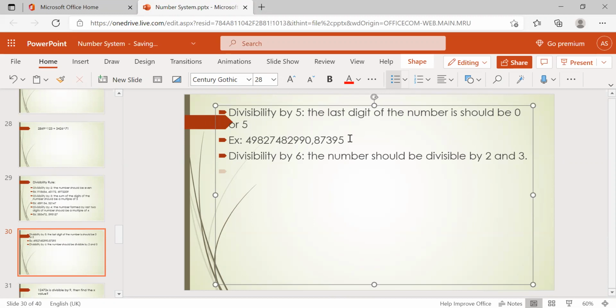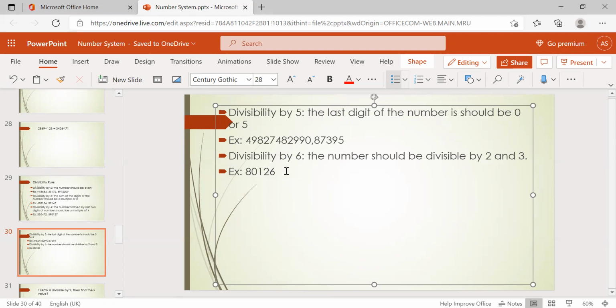Okay. For the example, I'll take any number. First we'll take a small number. Suppose now check this number.